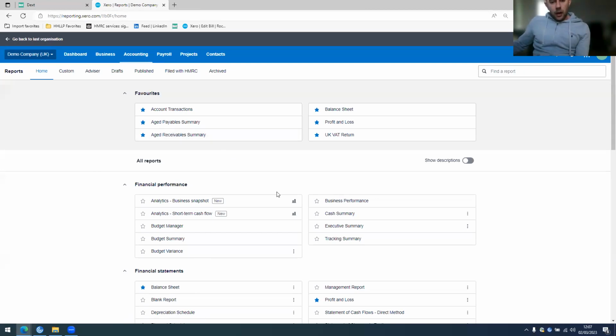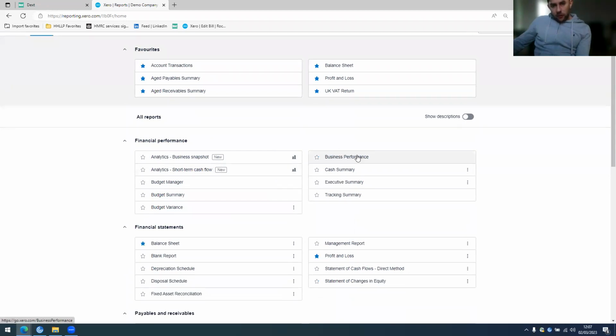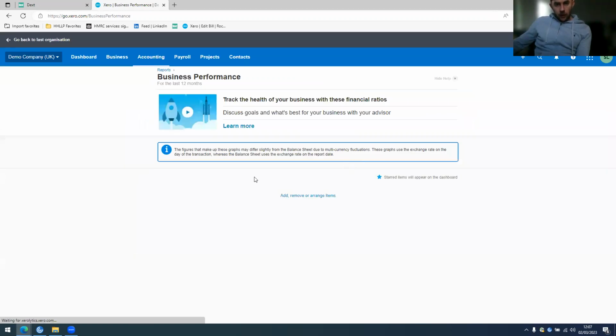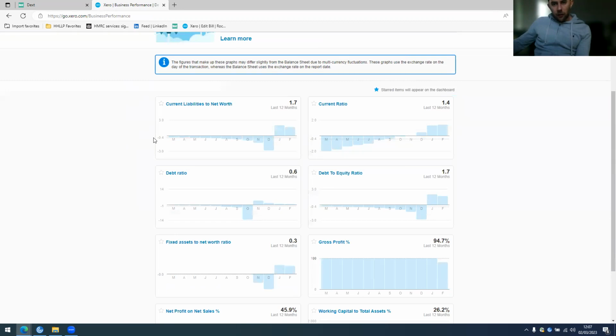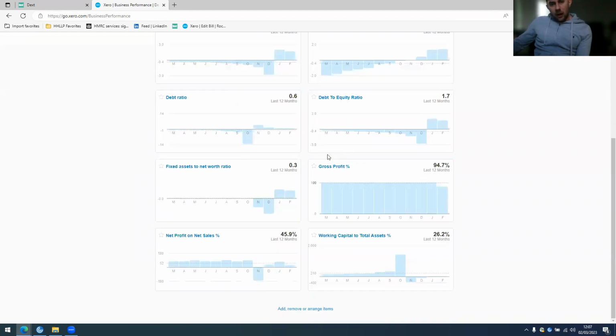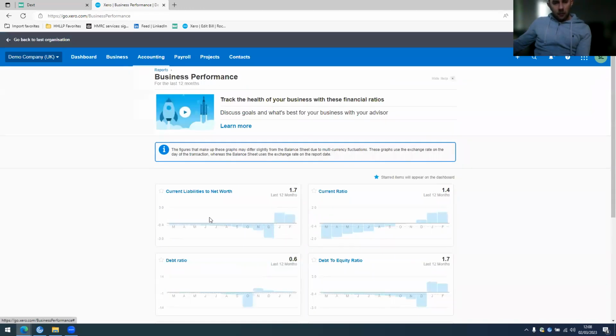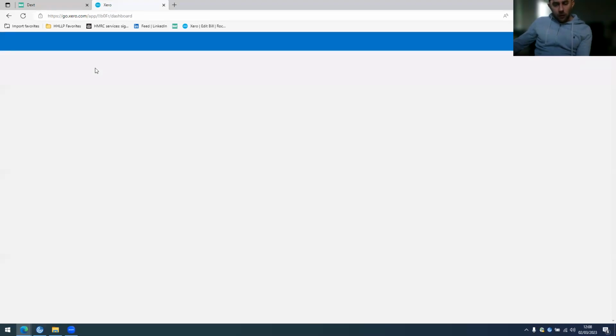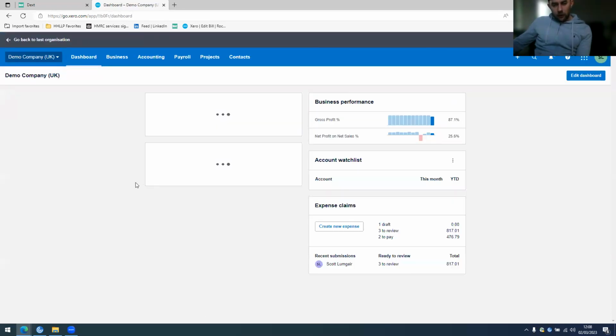Within reports, you then have a section called business performance. If you go into there, you'll get a list of different ratios. Usually a lot of people like to keep an eye on their gross profit. If you click on the little star next to each of the ones you want to see on the dashboard, so if you star gross profit and net profit on net sales, and then go back to the dashboard, what you'll see is a little section